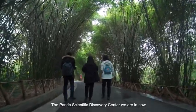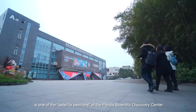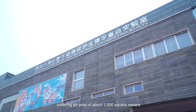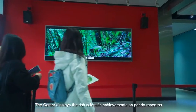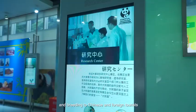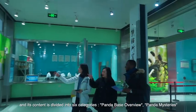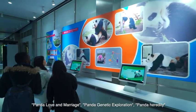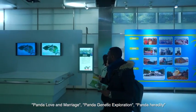The Panda Scientific Discovery Center we are in now is one of the satellite pavilions of the Panda Scientific Discovery Center, covering an area of about 1,000 square meters. The center displays the rich scientific achievements on panda research and breeding to Chinese and foreign tourists, and its content is divided into 6 categories: Panda Base Overview, Panda Mysteries, Panda Love and Marriage, Panda Genetic Exploration, Panda Heredity, and